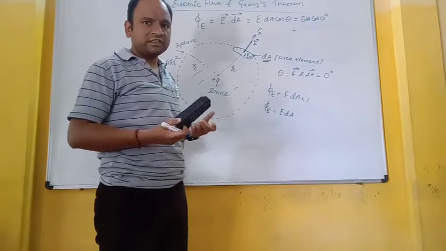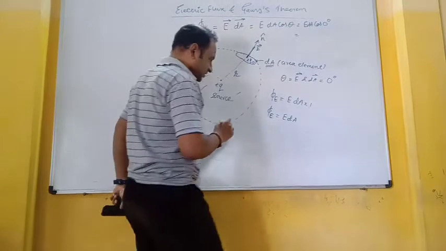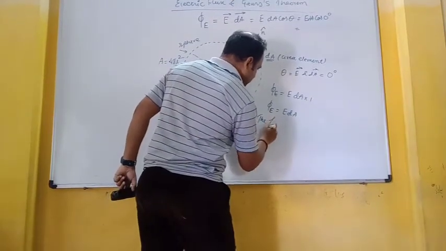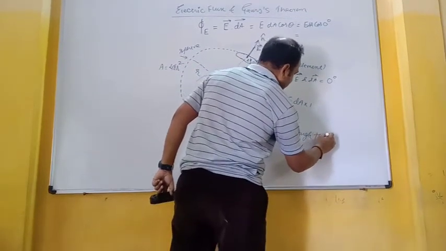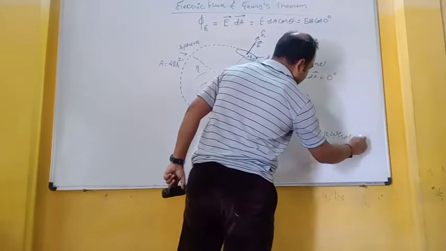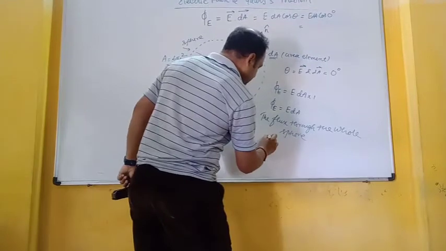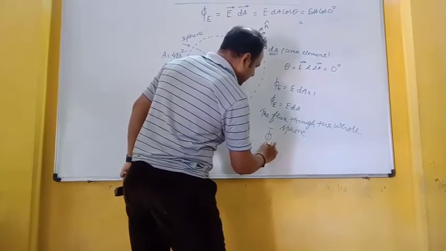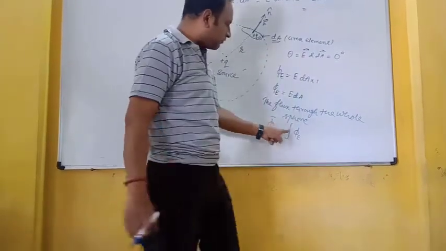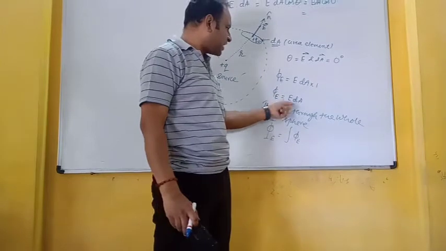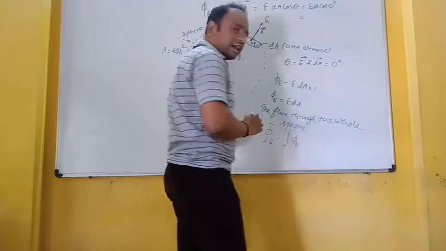What I will do is very simple, I have to do the integration. So the flux through the whole sphere, if I consider it as capital phi E, would be given by integration of this small phi E. What is small phi E? Small phi E is the flux through this very small surface. So if I put the value of phi E over here,